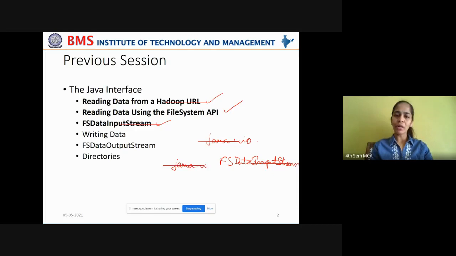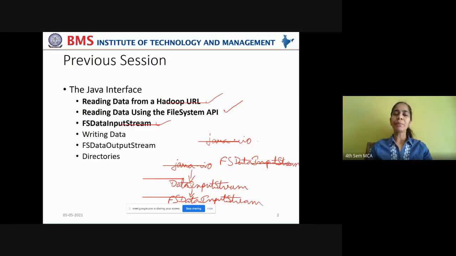Okay, so how we can represent this hierarchy? From java.io, we use the class data input stream in order to perform input operations. But if you want to read the data from the file, in such cases, you use a specialized class which extends data input stream, and that specialized class is called FS data input stream, right? And this FS data input stream will implement position readable and seekable interfaces.